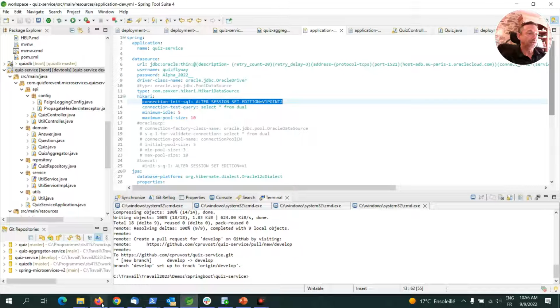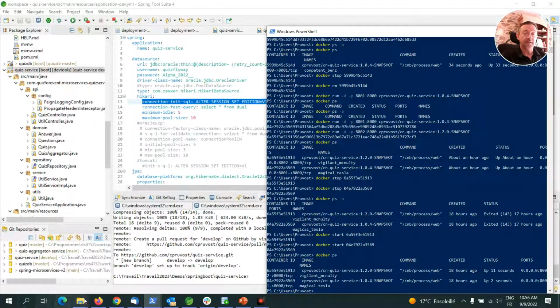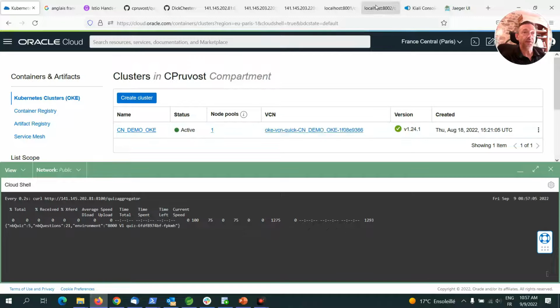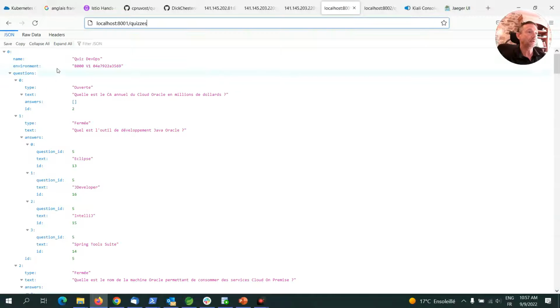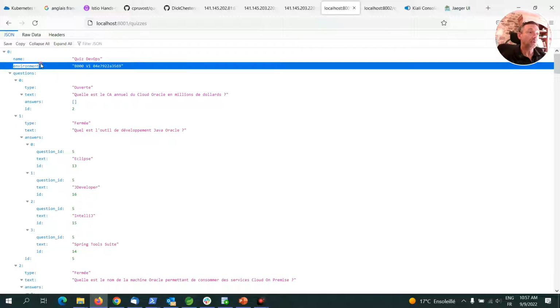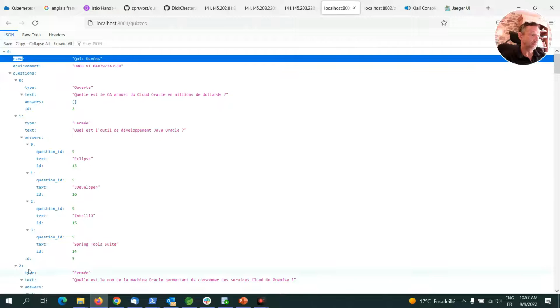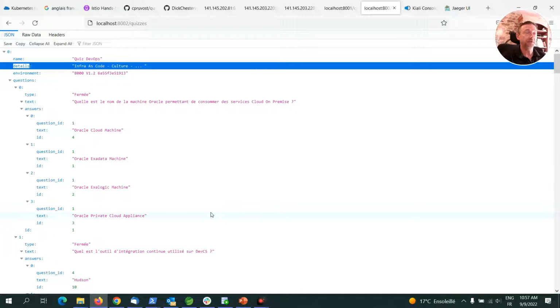Okay, just looking at my two versions of the microservices running, quiz service, version 1.2 and version 1. And you see, when I call version 1, I do not see details. There, I see the new field, details. So it's very nice. And now, if I deploy this application to my Kubernetes cluster, I can call a